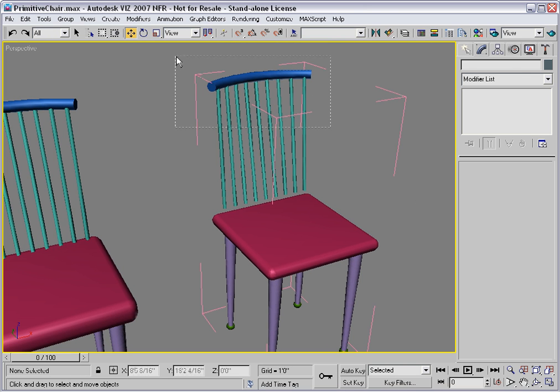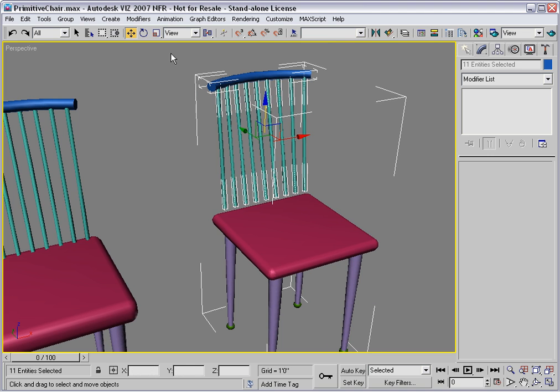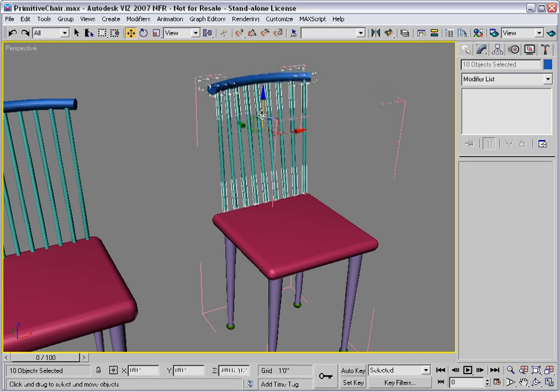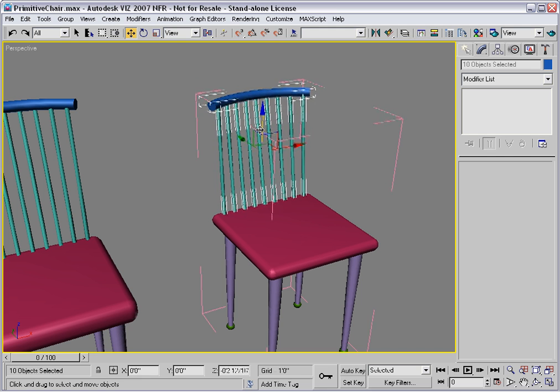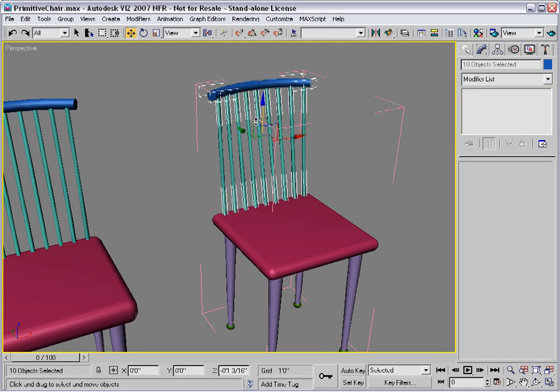I'll select these objects, and as I did that, I also selected the group itself. I'll deselect the group container by holding down the Control key and clicking on its bounding box. Now if I move these posts down, observe that the bounding box automatically conforms to the volume of what is